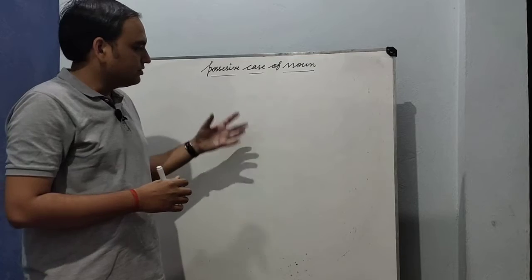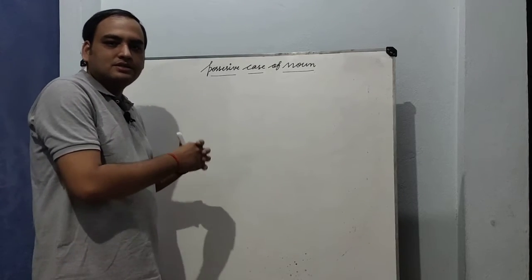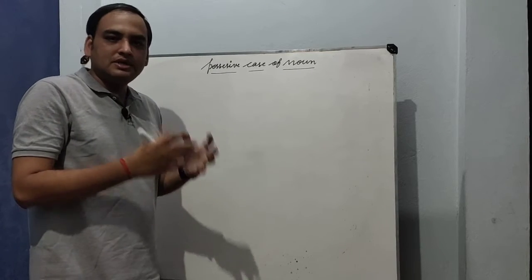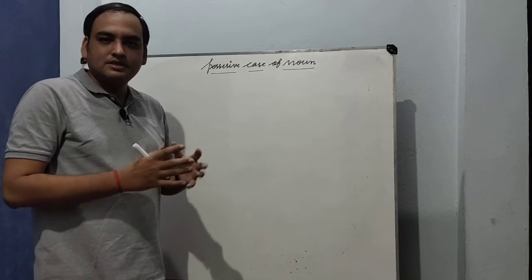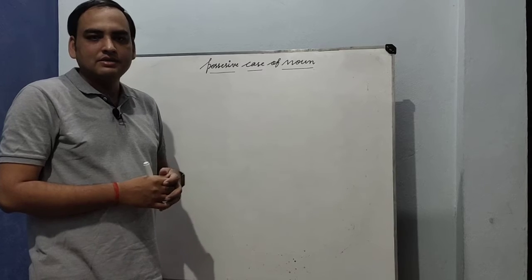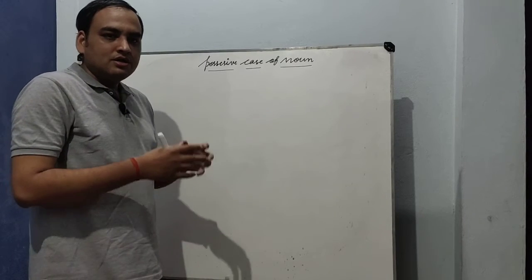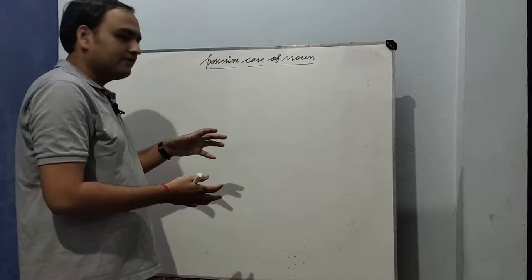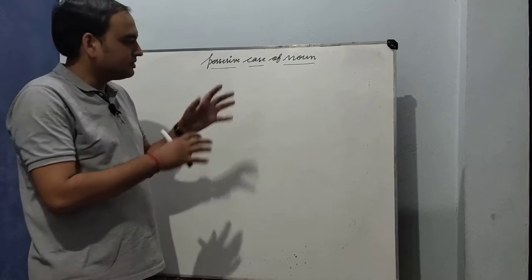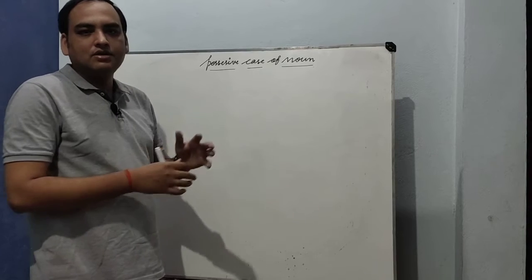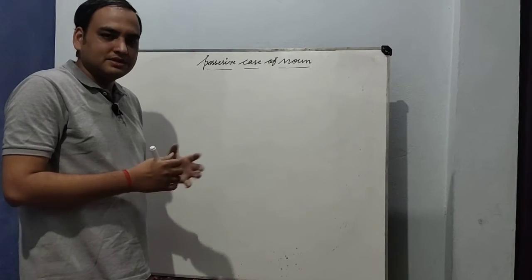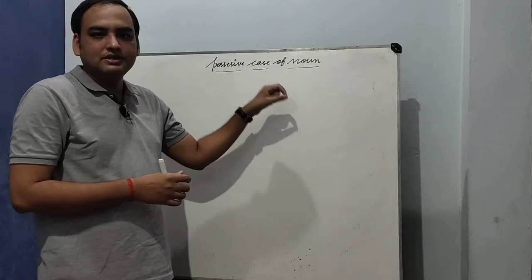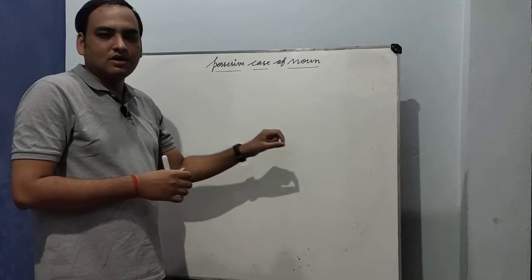Friends, I have told you the possessive case is used in the case of living and non-living things, but now I want to tell you this rule is sometimes violated, because English is a practical language. I have explained it before, but there are some special cases in which of is used with living things and apostrophe is used with non-living things. Okay, it happens, but in most cases we use apostrophe with living things and the preposition of with non-living things.